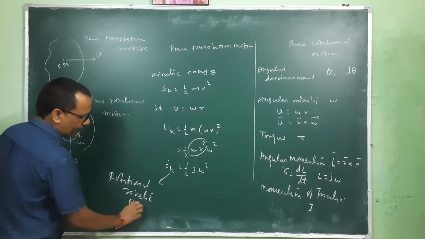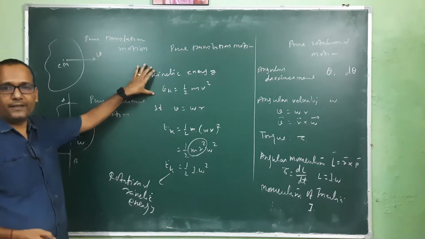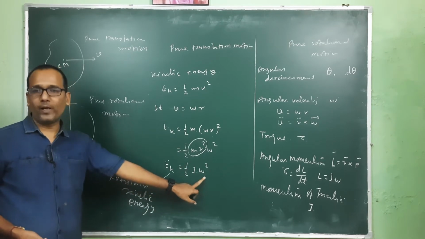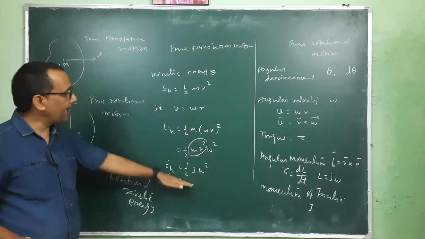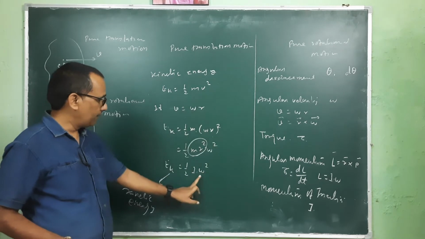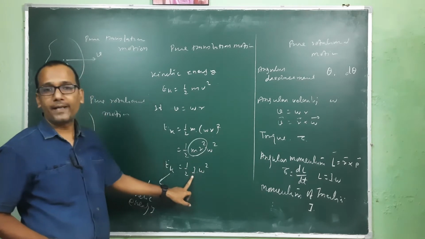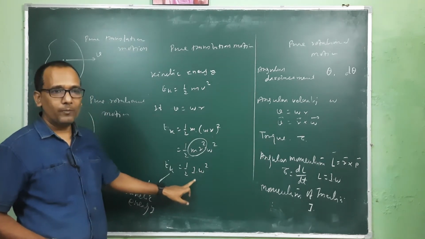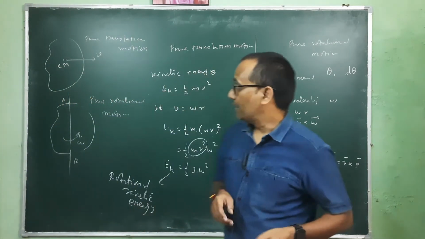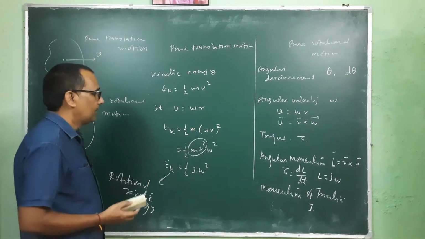Rotational kinetic energy is for the body which is in rotation. So this is linear kinetic energy: linear kinetic energy is half mv square, and rotational kinetic energy is equivalent to half I omega square. When we compare linear kinetic energy with rotational kinetic energy, this omega is analogous to v, and mass is replaced by I. That's why we can say this moment of inertia, this new physical parameter, is the analogue of mass, between rotational motion and translational motion. So first of all, this moment of inertia,